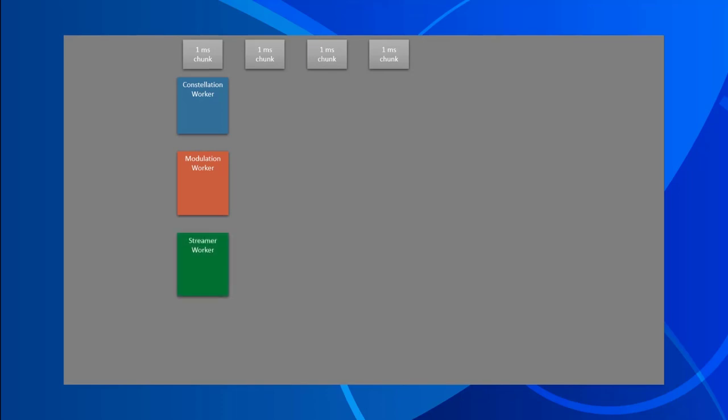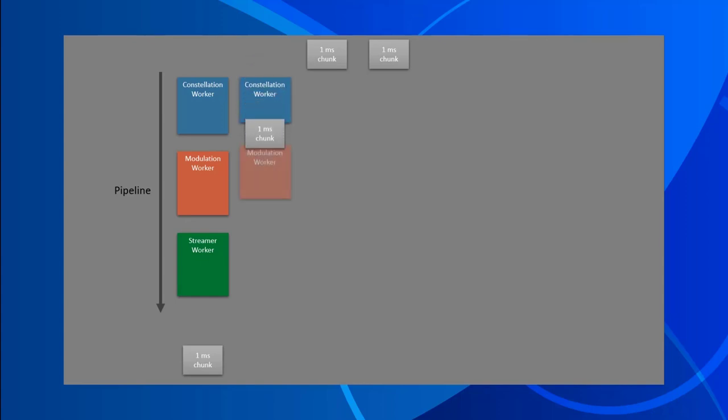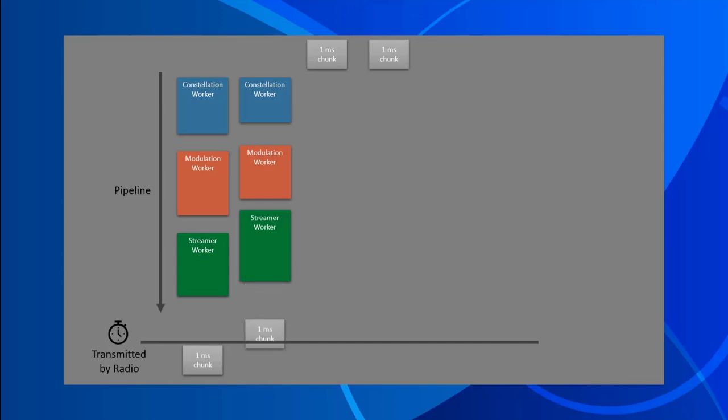The engine processes the simulation in 1 millisecond chunks. Each chunk passes through 3 workers: the constellation worker, the modulation worker, and the streamer worker. The passing of chunks through these workers is known as the pipeline and is a major factor in determining the latency of the system. For any given chunk, the engine knows exactly when that chunk will be transmitted by the radio. Because the transmit time is known during the calculations, the time prior to RF can be determined at every